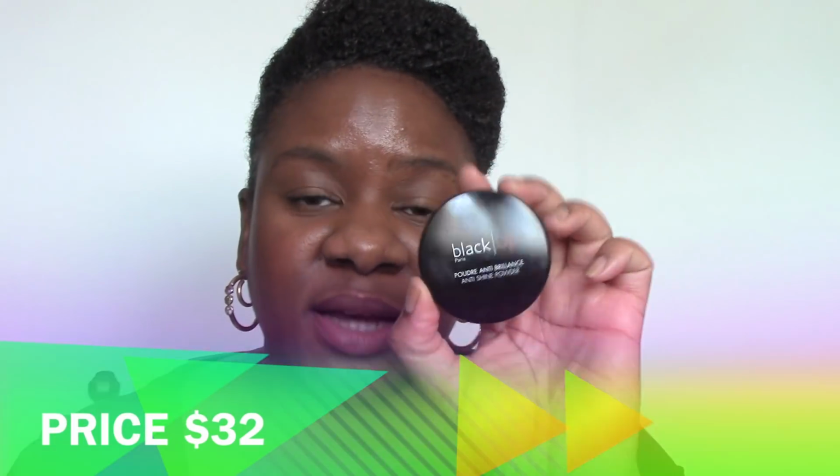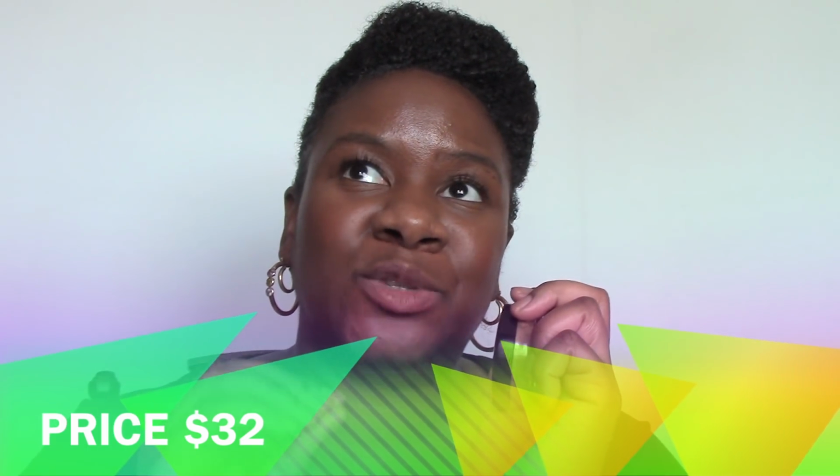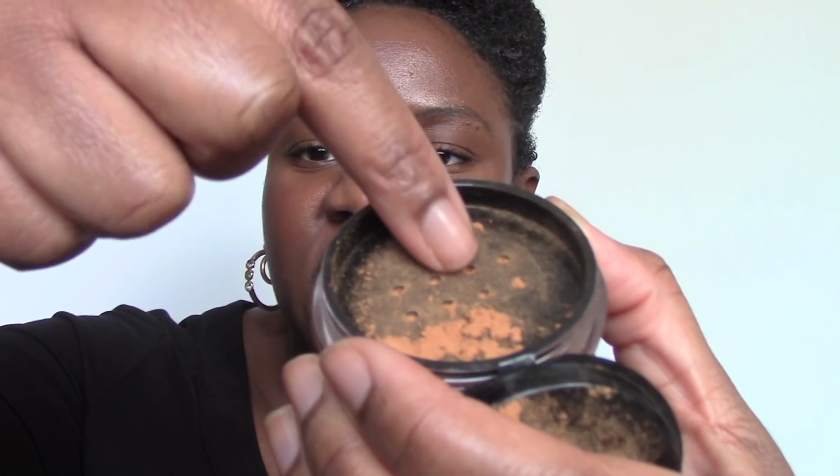And again, by Bare Minerals. This is an anti-shine product, which I don't think is 110% anti-shine, at least not for me with my super oily T-zone. But of all the little setting powders that I've used, I like this one the most. This is by Black Up. It's finely milled. You put it on your skin, or for me at least, I put it on my skin. It just blends in so beautifully. I have shade 4/5. It is the deepest one that they have. I'll show you what the color looks like. I know it errs on the side of looking a little bit red, but when I put it on, just so you see, I actually have something on my